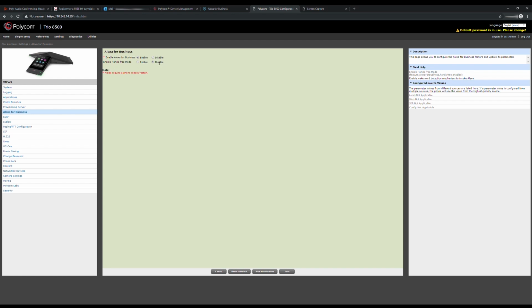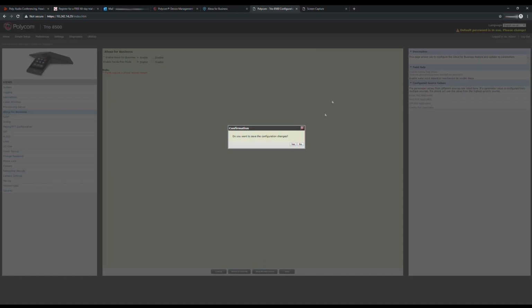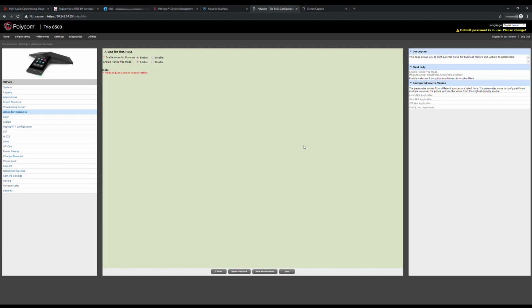By default, this is running in push-to-talk, where you will have to push the button to invoke Alexa before being able to communicate. Choosing instead to enable this will allow the device to listen for the wake word. Once the word Alexa is spoken, the device will start streaming audio to the Alexa for Business service, which will then allow it to communicate and respond. Clicking Save requires the device to have one more reboot. From a device configuration standpoint, both the Poly Cloud services and the Alexa for Business configurations could be imported and configured at the same time, resulting in the requirement of only a single reboot.